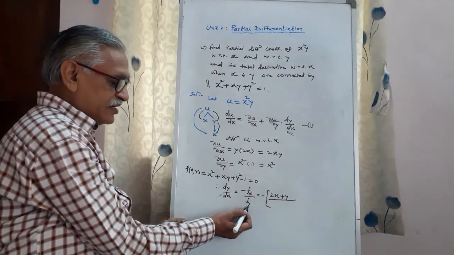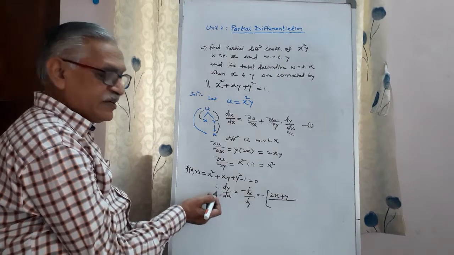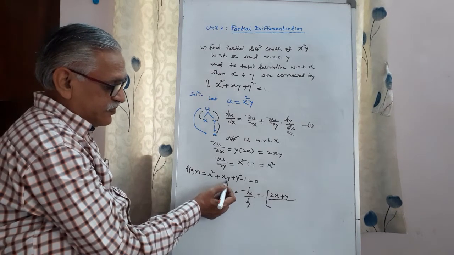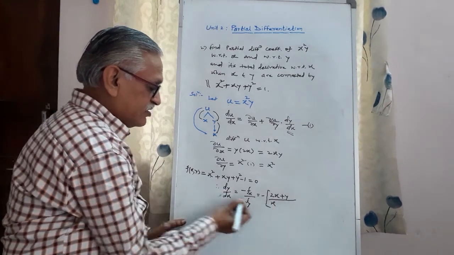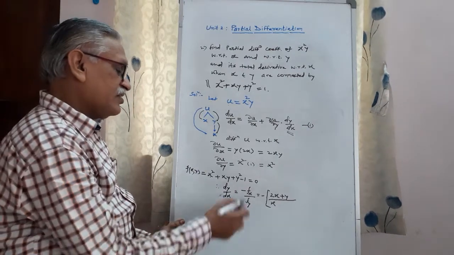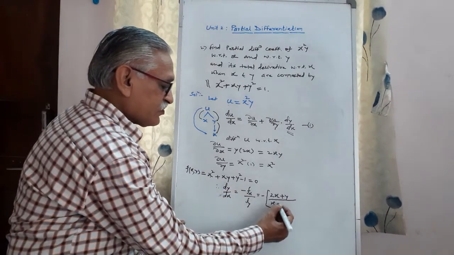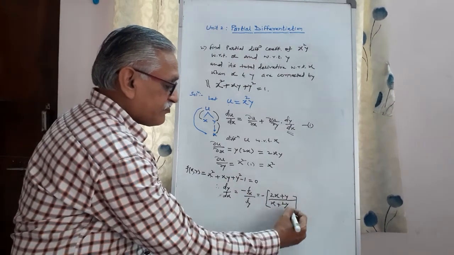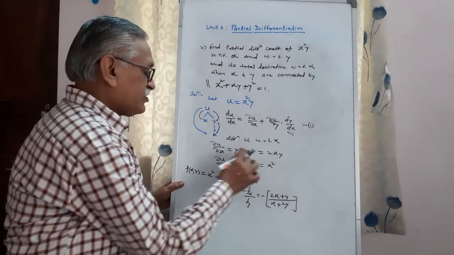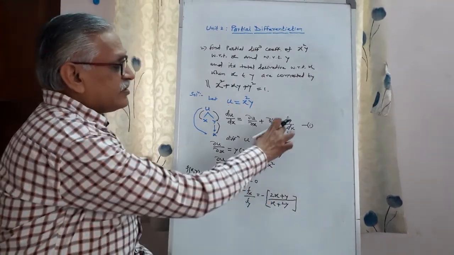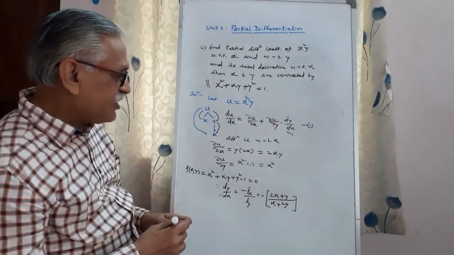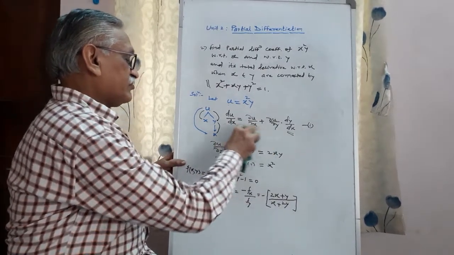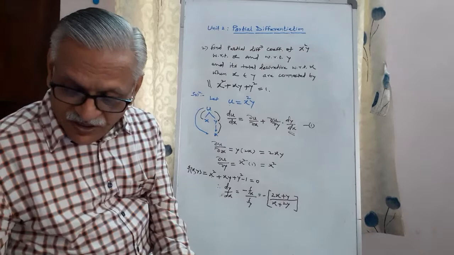Then differentiating the same with respect to y, keeping x constant. Therefore, as it is constant, its derivative is 0. Differentiation of this with respect to y, x constant, derivative of y is 1. And differentiation of this y square, it is 2y, and derivative of this constant term is 0. Okay. Therefore, substitute this 1, 2, 3 in equation 1. Therefore, that equation 1 becomes